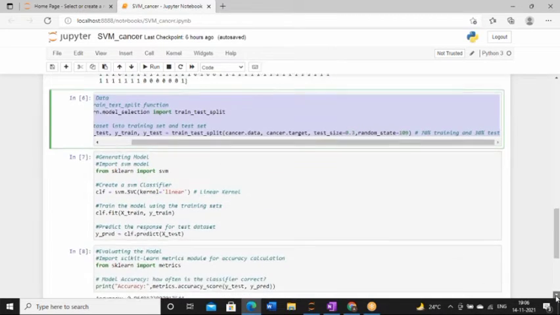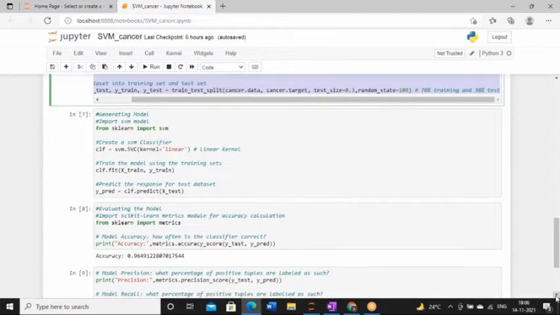Whenever we are splitting the data set, we should always start with 70-30. You can start with 50-50 also, but what is the best guess? The best guess is 70-30. This is a trial and error method, and after doing lots of research, I have found that 70-30 is always the best option.